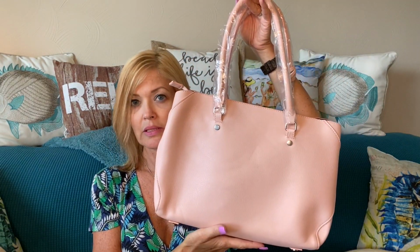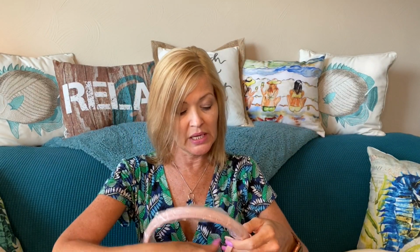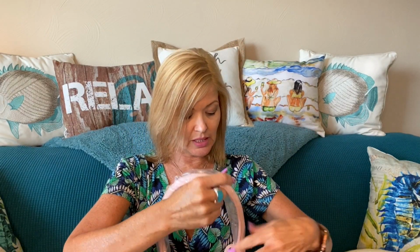I love it. She even put them on the bottom, which I love in case you need to put your bag on the floor. You don't want it to just sit there and get marked up. So those extra little feet are perfect. Keep it just off the floor so as not to mark up. This is so, and this is heavy. There's so many goodies in here. I can tell already. She always does do the